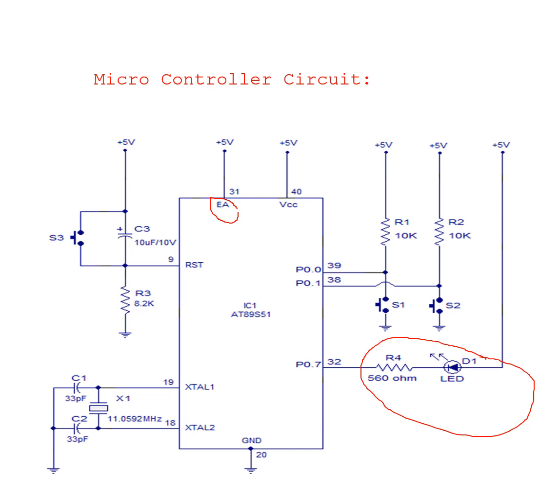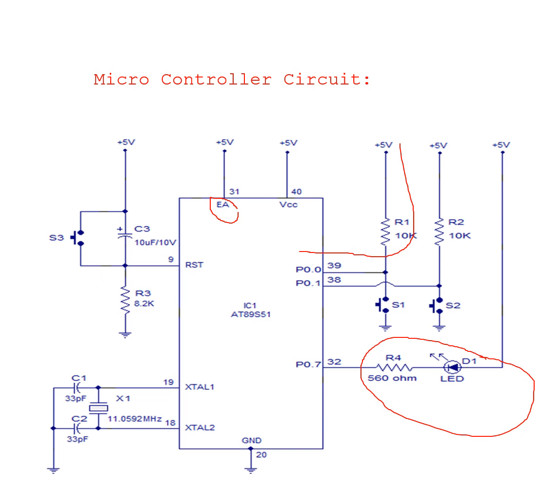Now the switches you connected to the power supply through a pull-up resistor. So when the switch is on, you are short circuiting. So on means 0, off means 1. Off means 5 volt is directly going to the microcontroller. When you connected here ground, nothing is going here, you are short circuiting. So here, when the resistor is connected to the 5 volt supply, it is known as pull-up resistor.